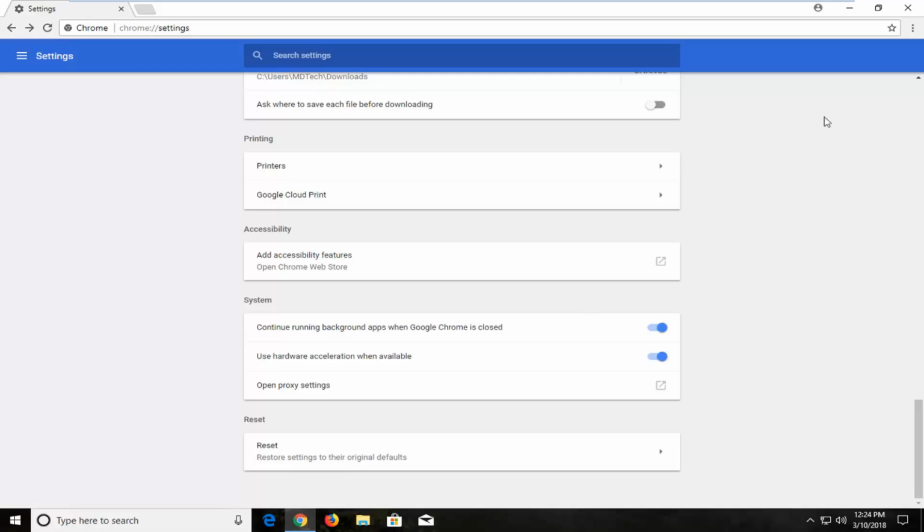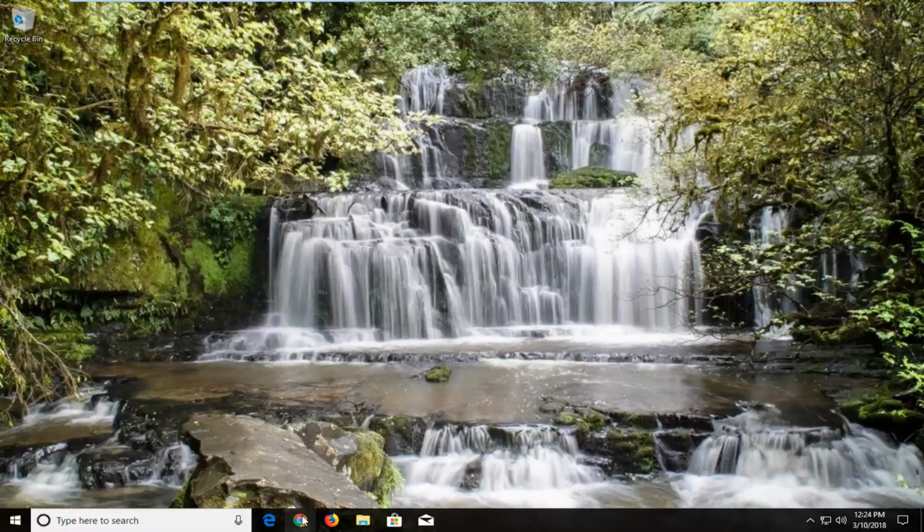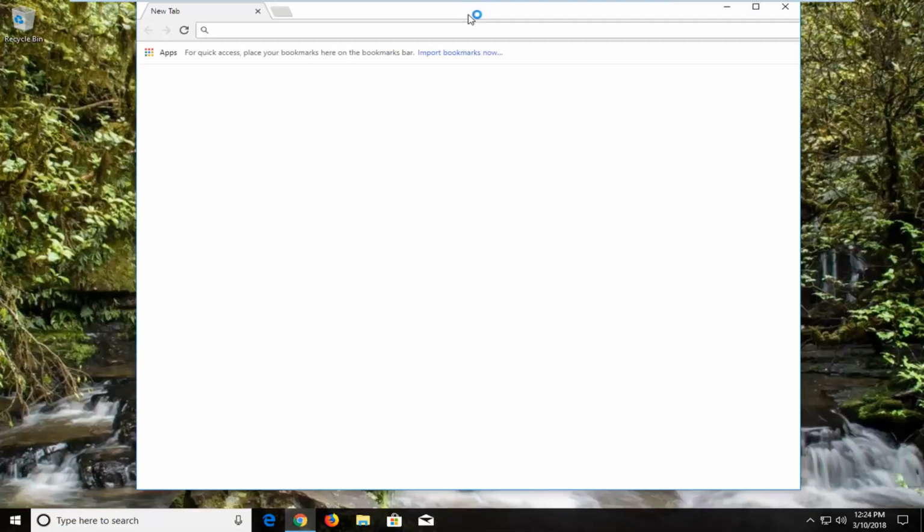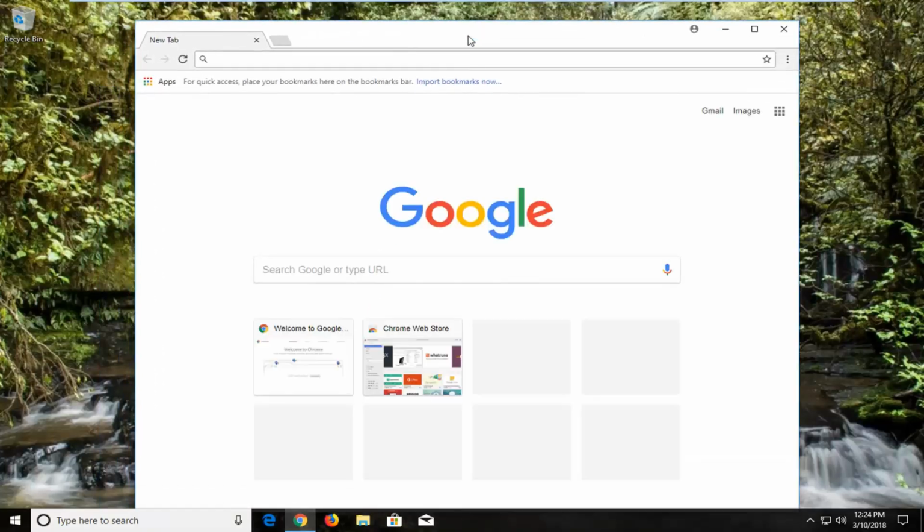Okay, so once it's done, I'd recommend closing out of your web browser, reopen it one time, and that should be about it. So I do hope this brief tutorial was able to help you guys out,